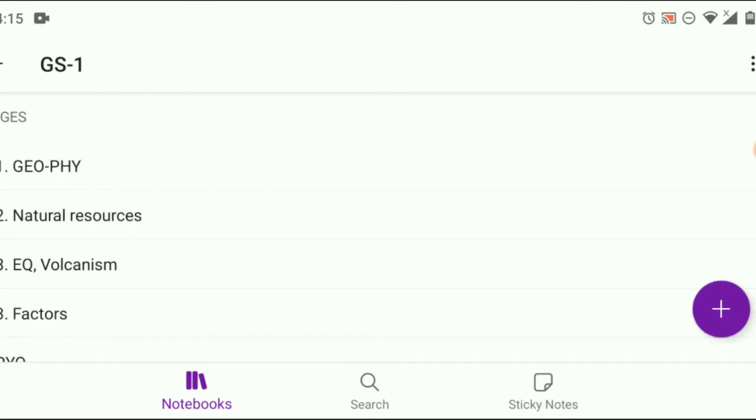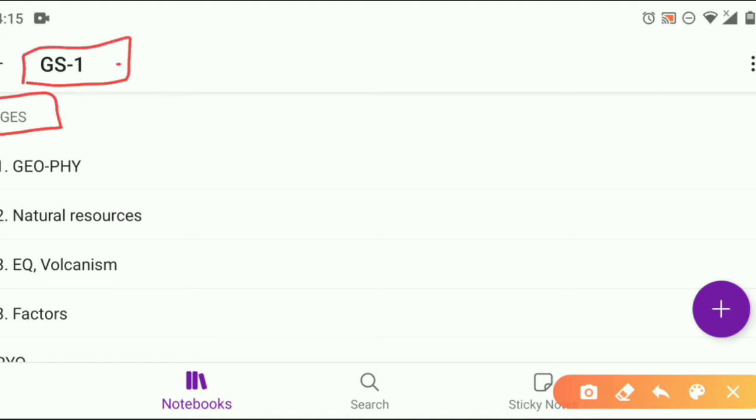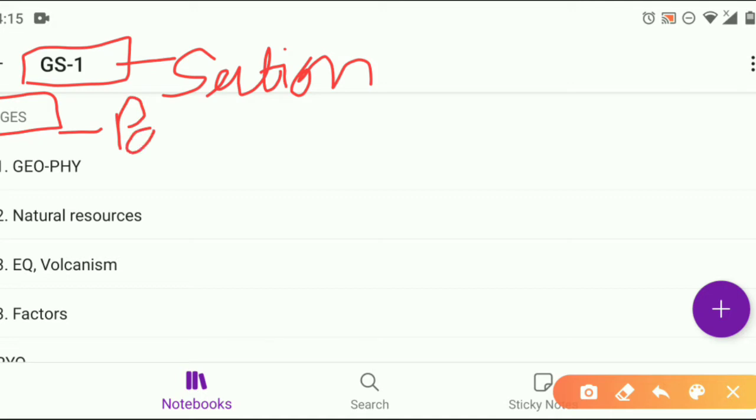So here I'm entering into GS1. I have geography first, and history and Indian society. In these three sections, I have made further subtopics.